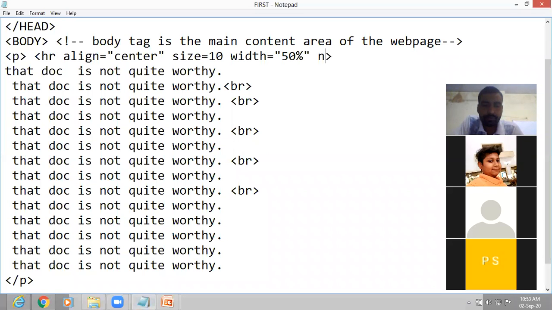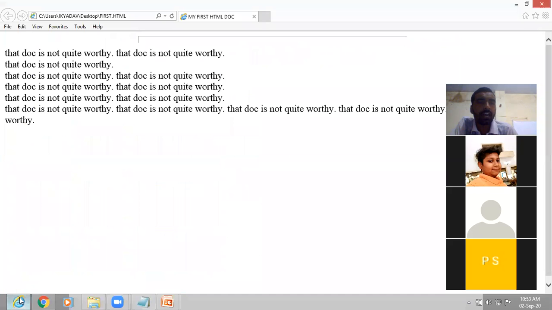Okay. Now let us give the no shade attribute. If you write the no shade attribute, then your line will appear without 3D effect. A solid black line will appear. So save it and now refresh your page.